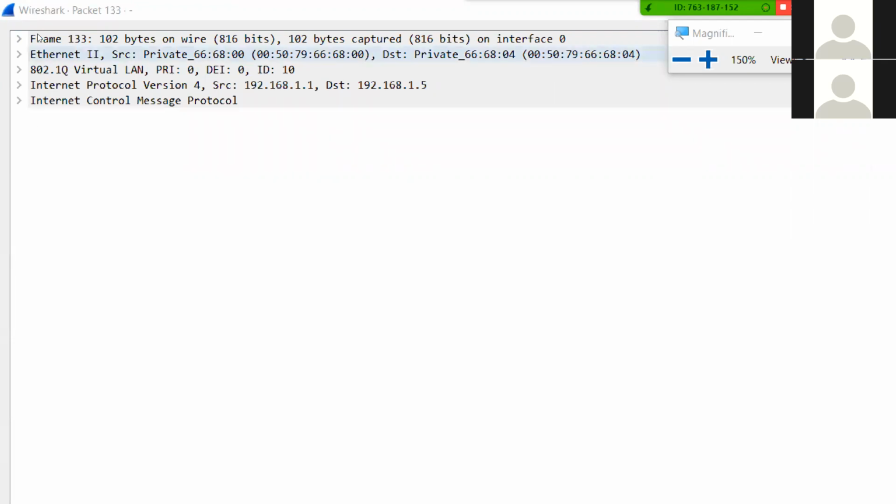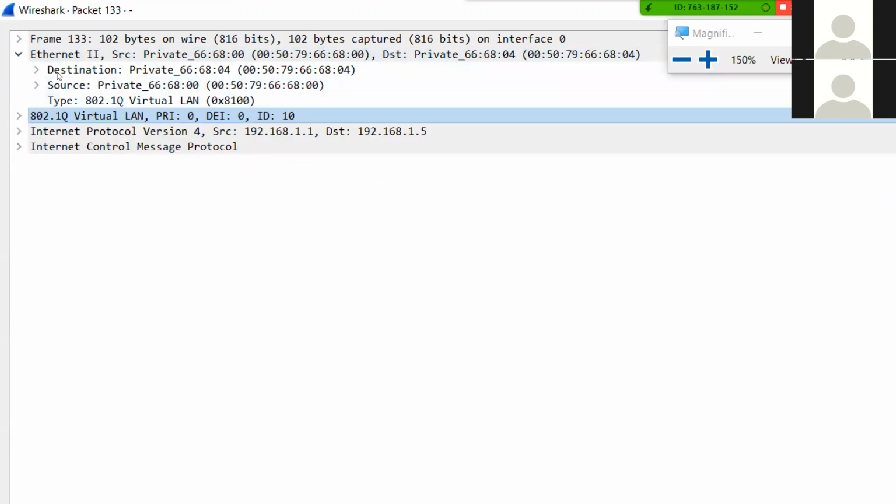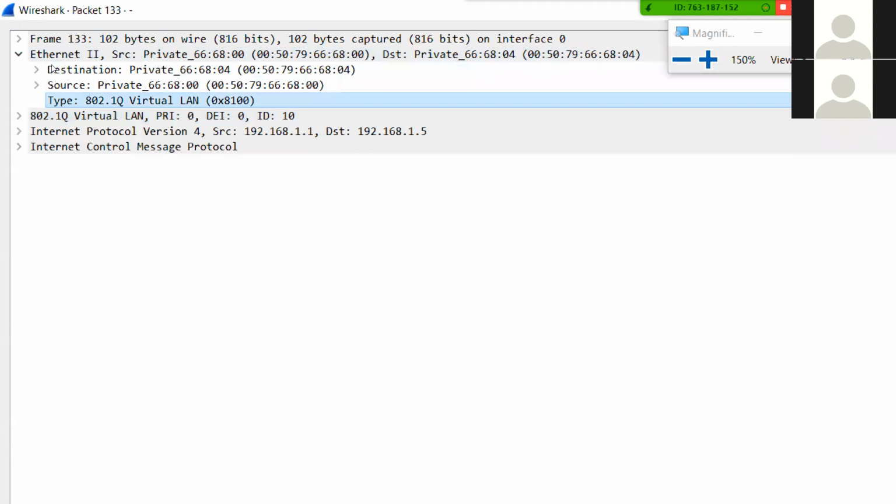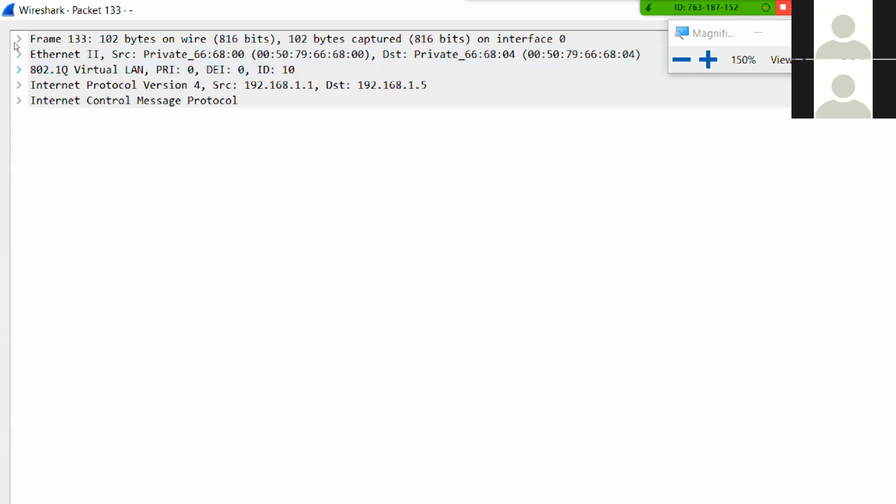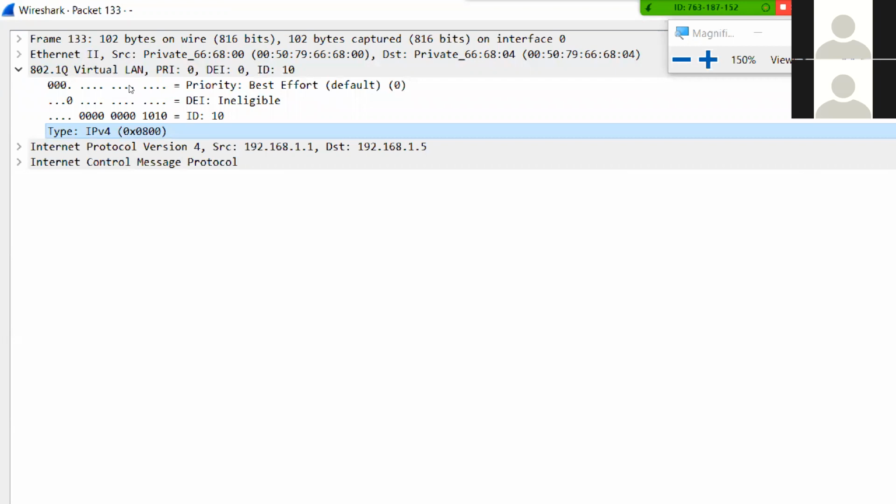Okay, so after the layer 2 header, there is a .1Q header this time, correct? Do you remember I told you there is a type? Do you remember I told you 0x8100 yesterday? I mentioned there will be a type in the Ethernet header. The type normally mentions the upper layer protocol going to be used. In a normal Ethernet frame, you will see the number 0800 here. 0800 is IPv4.